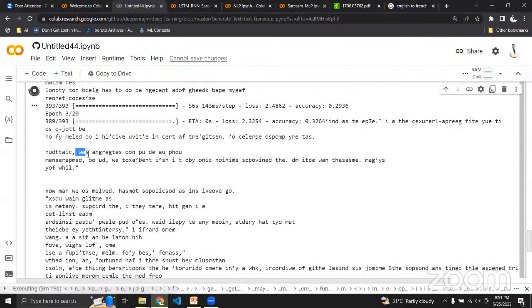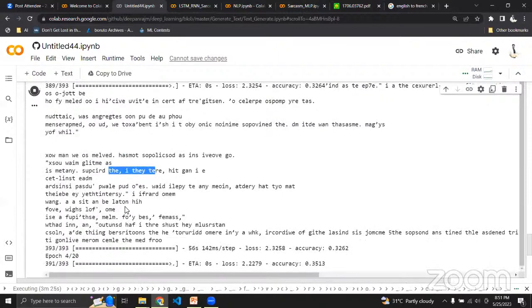Okay, now you can see words like was, and, has, we, man, the, I, they, there. So likewise, it is slowly, like a baby trying to learn, forming the words. But you can see the 3-letter words are being formed very clearly right now. Sit is formed correctly, the is formed correctly, met, any, this is also formed correctly, but there's no space in between. And hit,